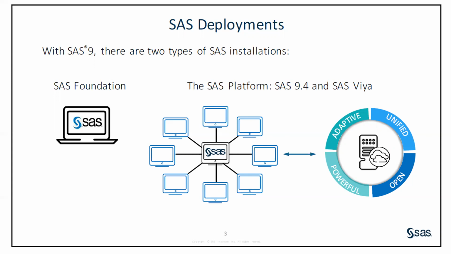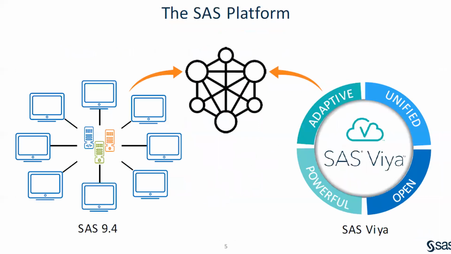So I have M3 in my system. Okay, if I have M4, then I would have to install the SaaS VR also, but I don't have the SaaS VR in my system. So I have SaaS foundation as well as the SaaS platform 9.4. Okay, let me explain to you what is the foundation and what is the VR and what is the SaaS platform 9.4. Yeah. So this is the SaaS platform.